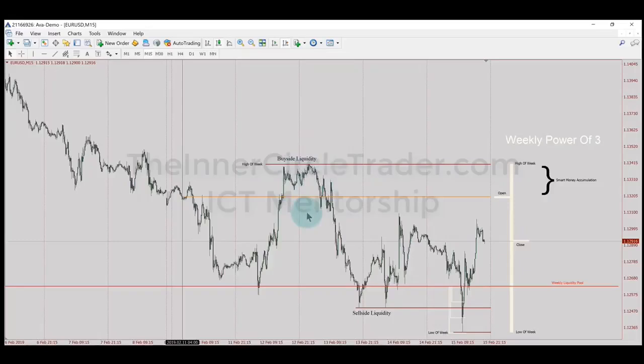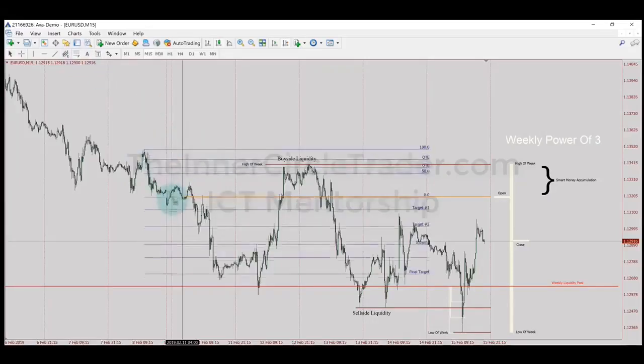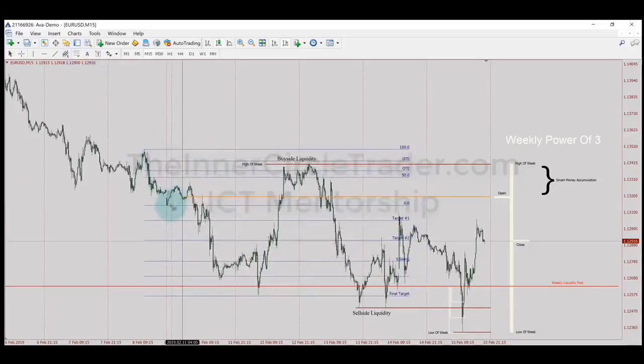Why would I say that? Well, we have equal highs in here. We have a high and a low, so there's a range in there. So if we just look for simple optimal trade entries, go back to baby pip days, low to high, we're basically at the sweet spot, creating the high of the week. So everything I was giving you on baby pips still works, but you need to know how to use those things I taught on baby pips.